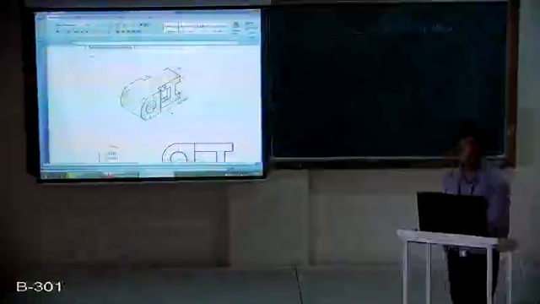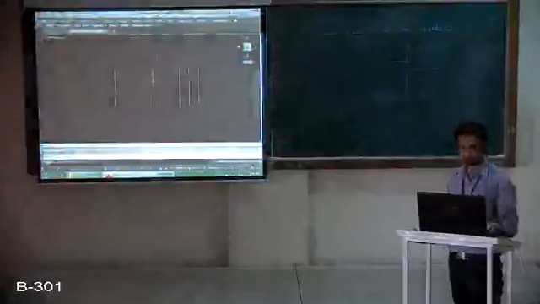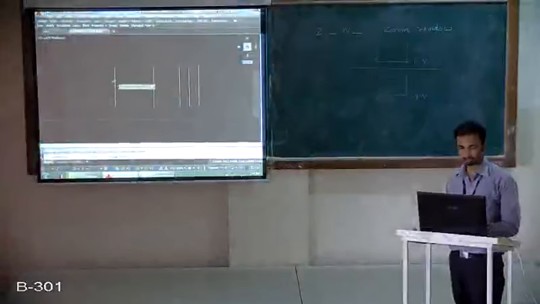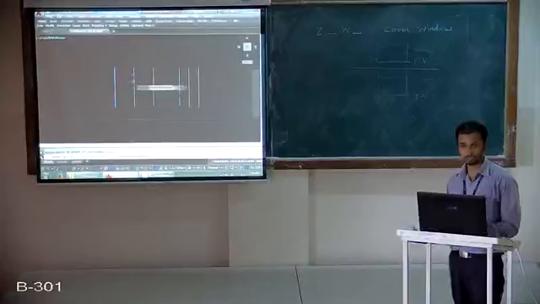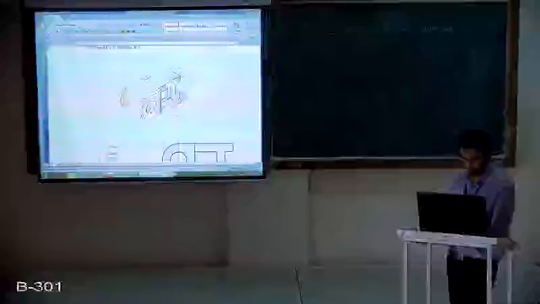Okay. Now we go for the horizontal lines. Here you can see there are only two horizontal lines. One is this one and the other is this one. Both are 15 mm. One is from the top and one is from the bottom. At the center we don't require any line because this center you can locate on this vertical line at the midpoint. So for that purpose you don't require any horizontal line here. We will use only this offset distance 15 from top and bottom.